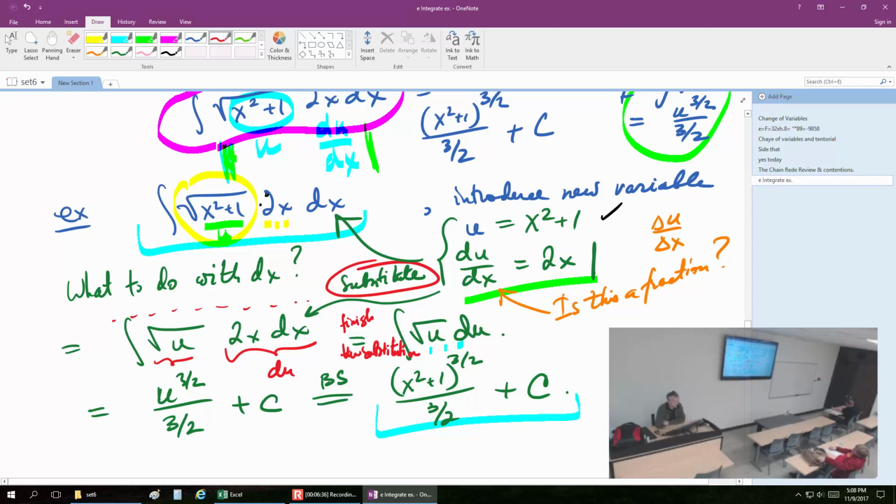So just doing u is not enough. Now you have to introduce du somehow, and that's how it is introduced. We realize what du is, and it is 2x dx. Okay, so that's how it works out in terms of